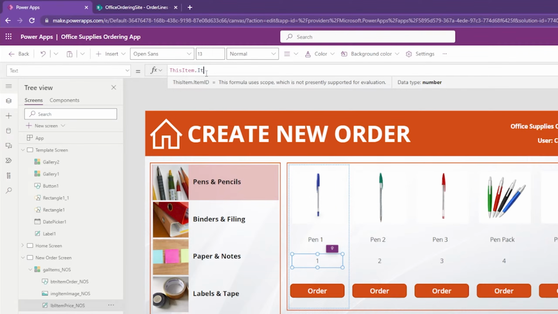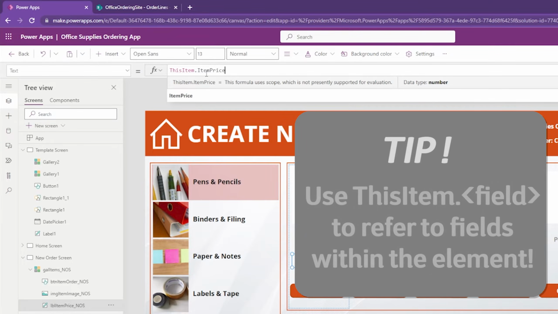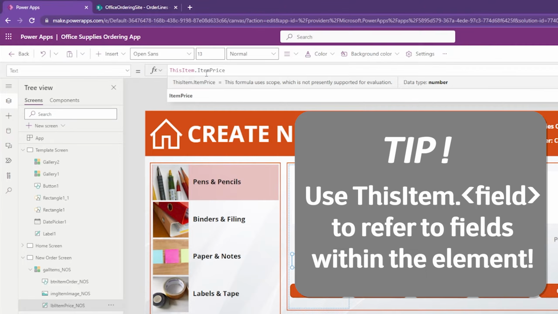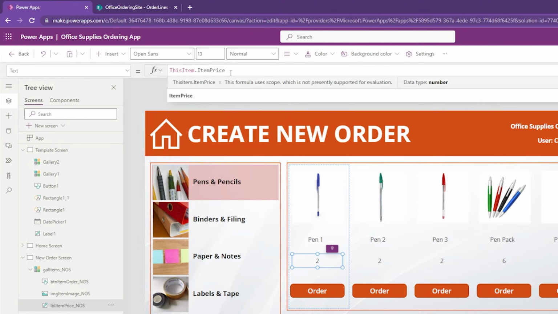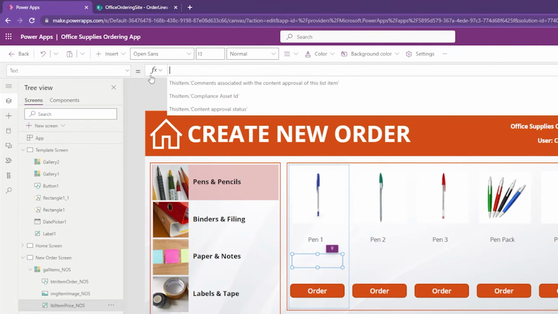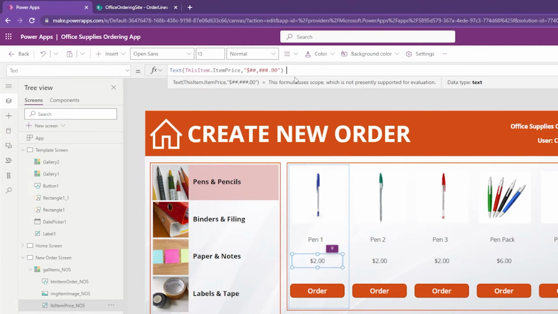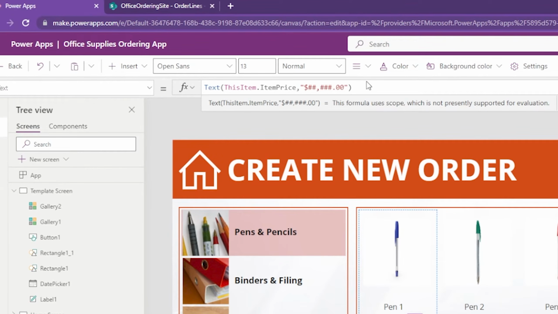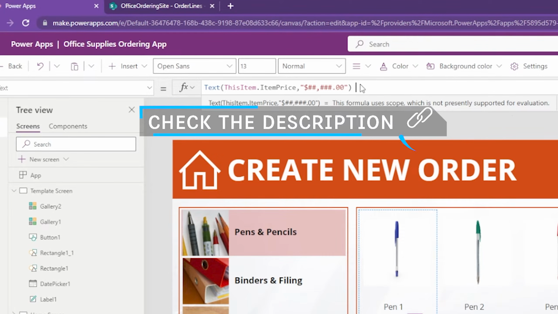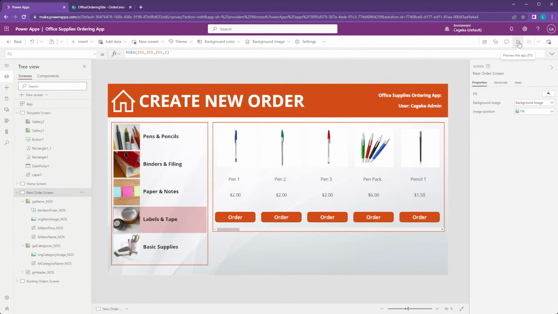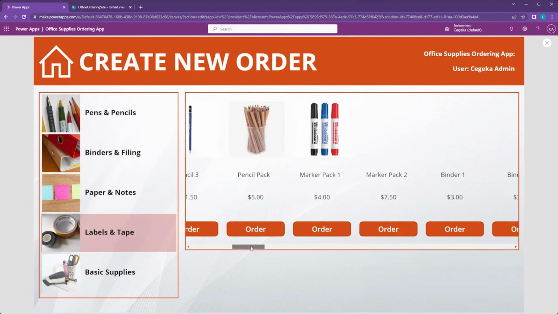And instead of just going this item.item price, this item, by the way, is simply how you refer inside an element to the actual fields of the element. But since this is a price, so a currency field, if you will, we're gonna go a little bit more fancy than this, and I'm gonna paste my formula. And this is simply a way of formatting currency fields. I'm not gonna go into too much technical detail. This is simply the way how it looks, but I will leave a link to some more info on the formatting text function. But if I now go into preview mode, you will see a beautiful scroll bar